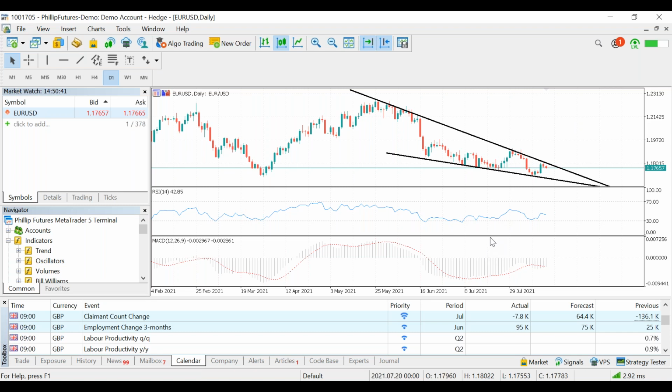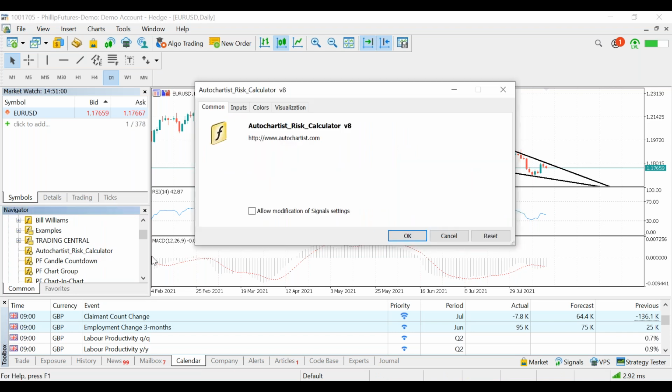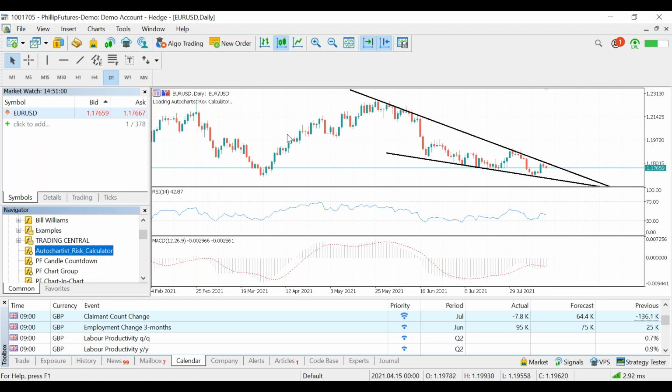Okay, so now that we have this basic idea on the direction we believe is going up, how do we place a trade? Before that, how much should we trade? We spoke about the risk management tool. We shouldn't risk more than 1% of our capital. So there's this function called the risk calculator. You launch that,